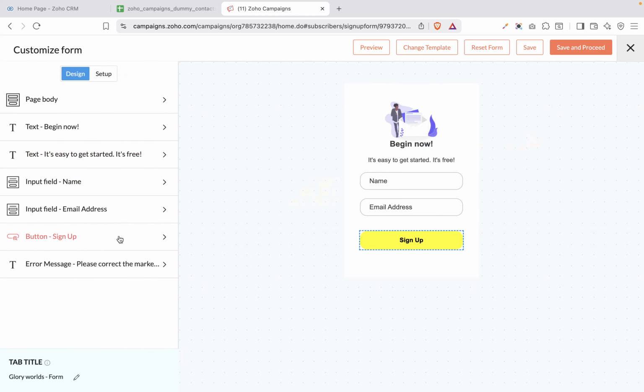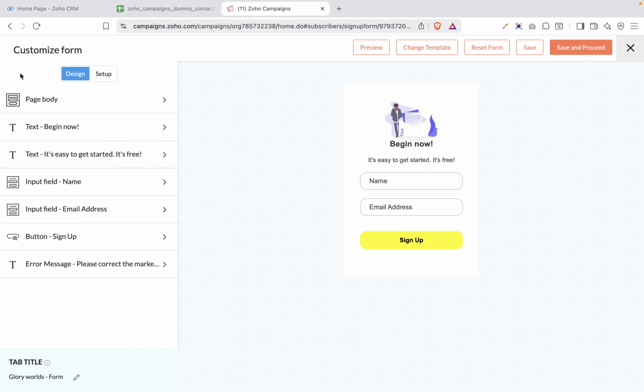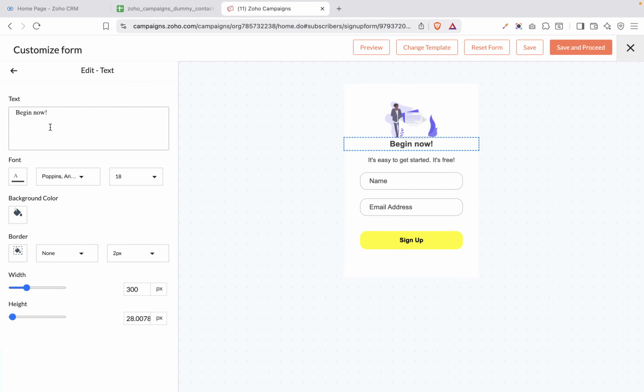So this is the page, this is the part where you can pick what you want to edit. You can decide to change the background image. You can also decide to add in a text. This begin now, you can change it to whatever you want. And let's change it to, so we can change this text to subscribe to our newsletter, and we can decide